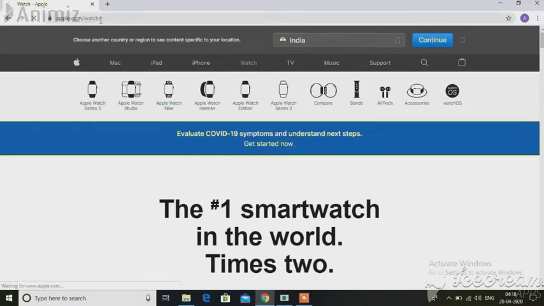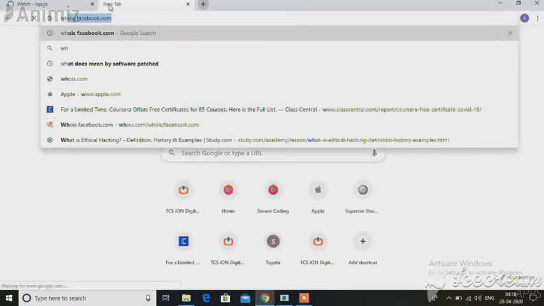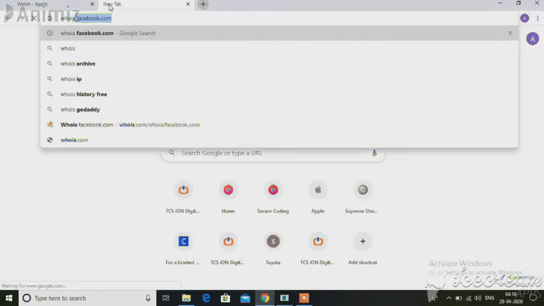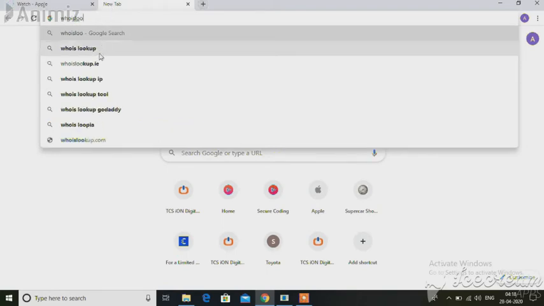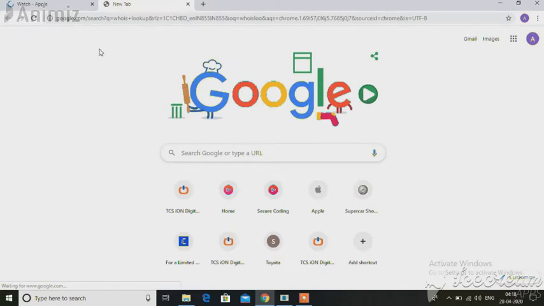After that, we will go to a website named Whois Lookup. So type in the search bar Whois Lookup. It will show you the website.